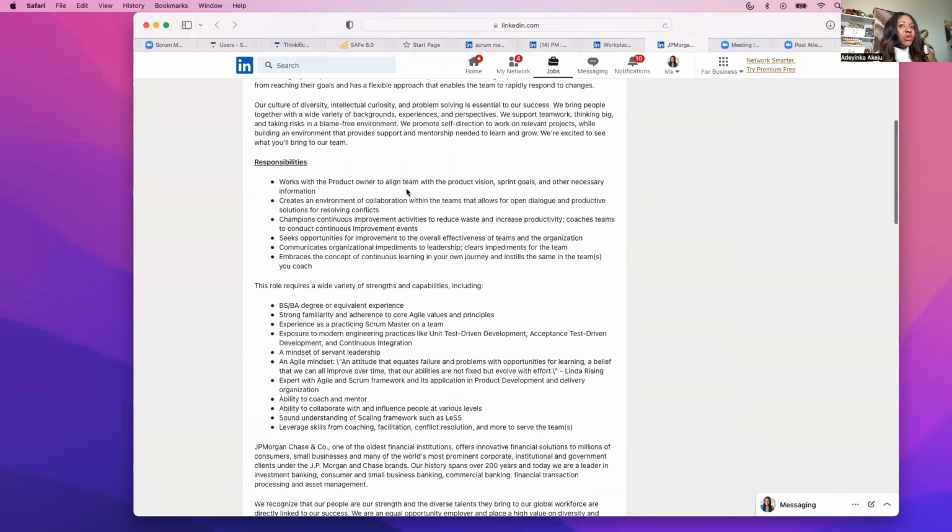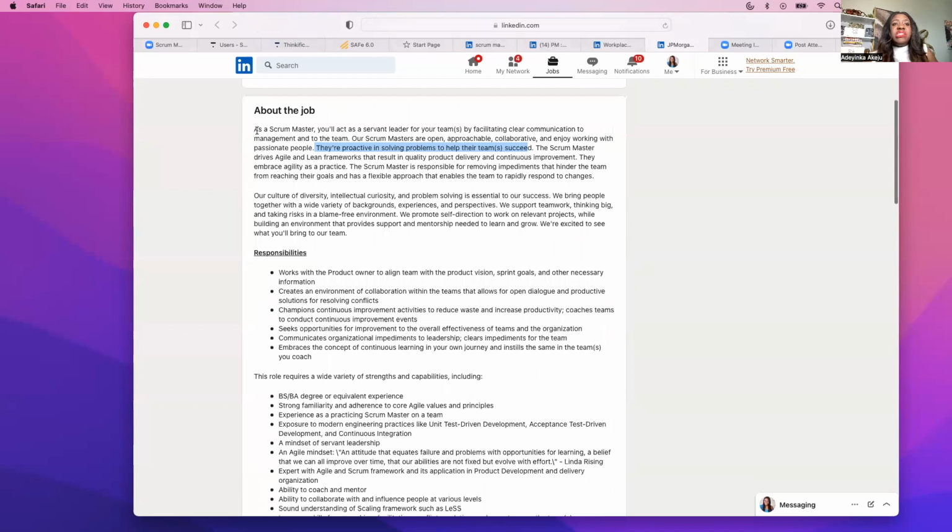Okay, now let's go to the responsibilities. But before we even actually go to the responsibilities, you see how you have this about a job. There is a way you can take a look at that, look at what you've done, and actually make this be maybe the introductory part of your resume, right? So you understand the resume structure where you have your name on top, your contact information, and then you have maybe a 4-line summary that kind of describes who you are, right? You can look for how to incorporate some of these things that relate to what you've done into that part,